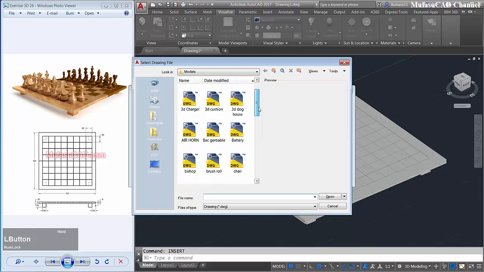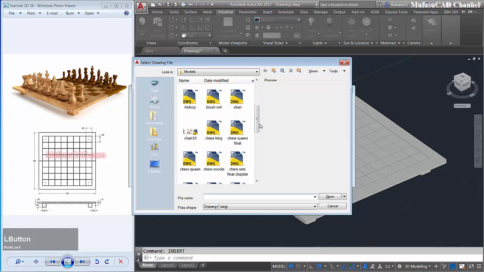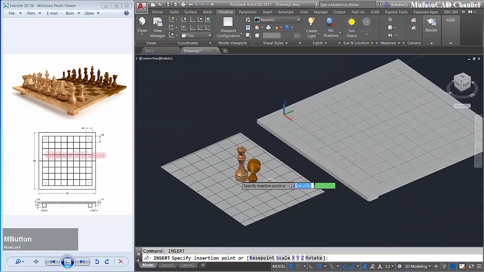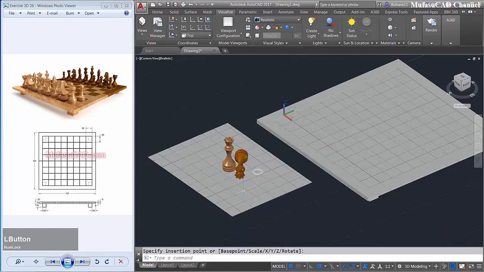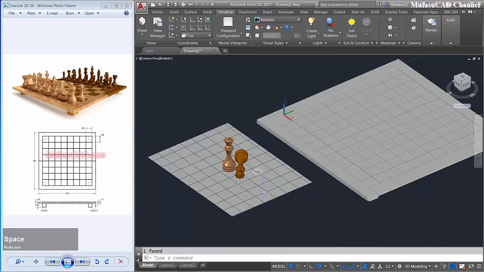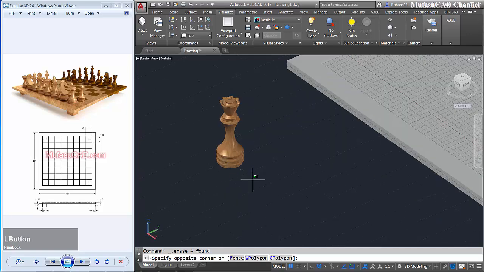I will use this queen here. Okay, open. Okay, and insert in here. Click this object, explode. Okay, and I will select this object, delete. Okay, I will select this object and delete.